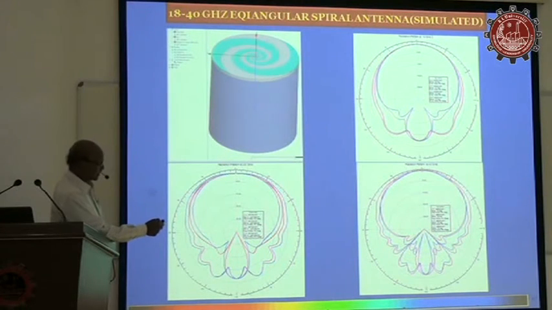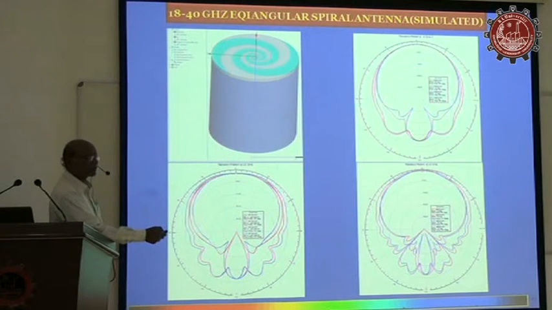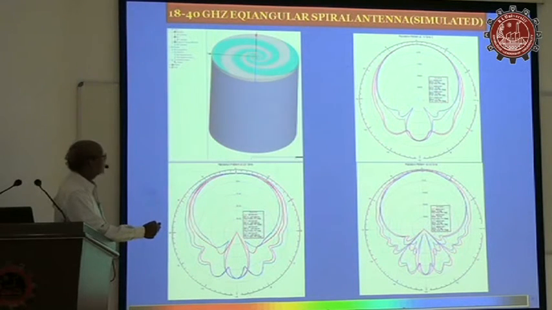So this is another antenna called the equiangular spiral antenna, because now we are going to work on millimeter wave DF antennas. We require an antenna covering 18 to 40 GHz. So this is also a simulated model. This curve we have